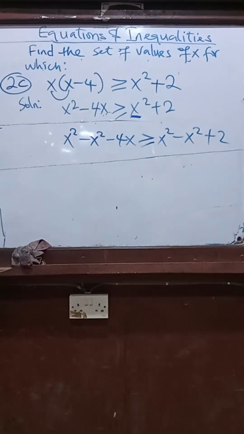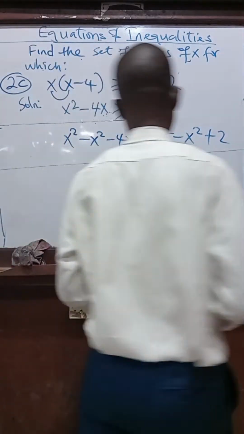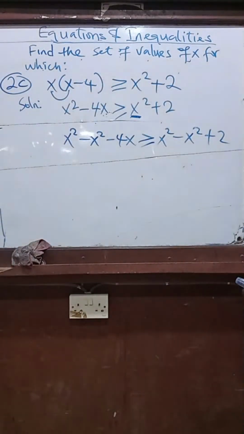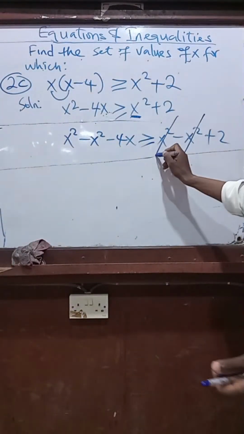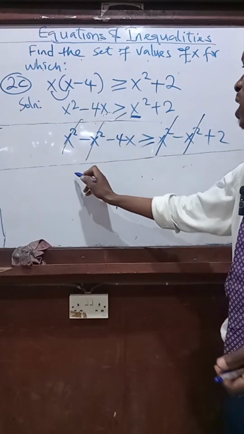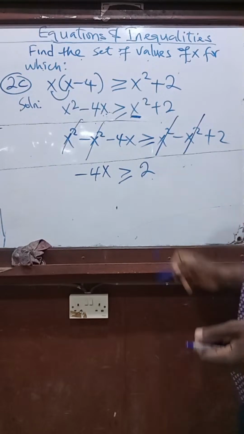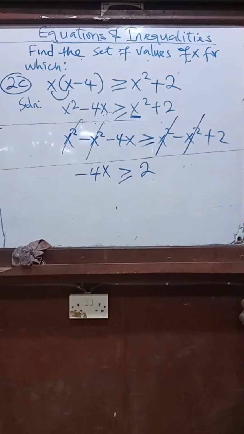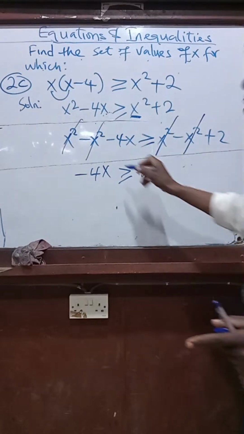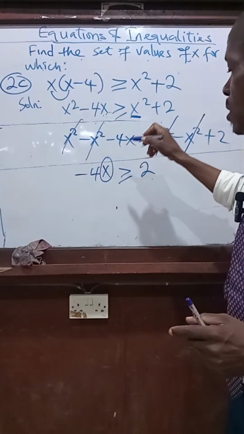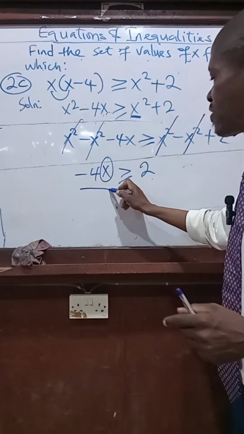So I added x squared to both sides of the equation. So this one and this one cancel. I have minus 4x greater than or equal to plus 2. Okay. Then the next thing to do is to make this one the subject by dividing both sides of the